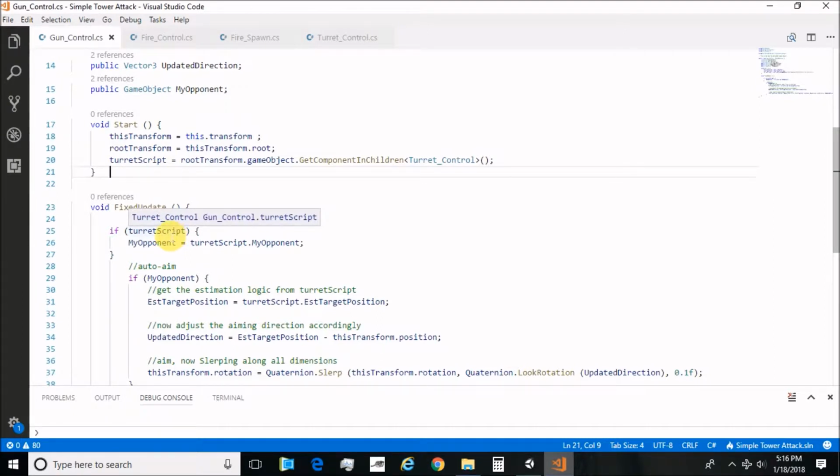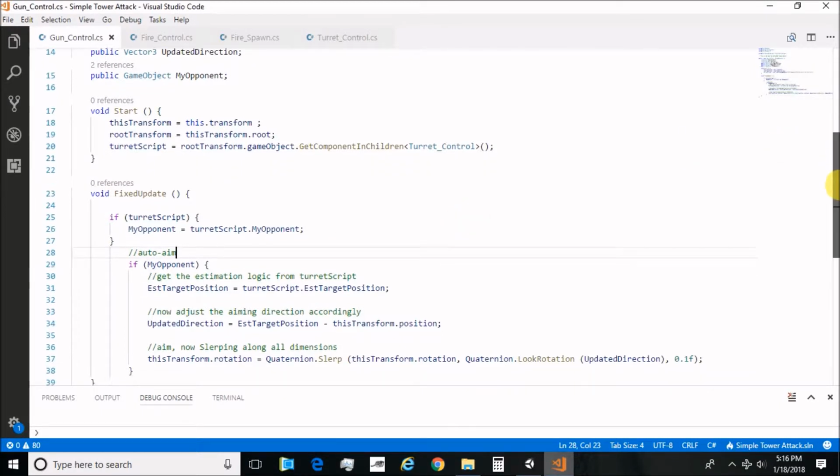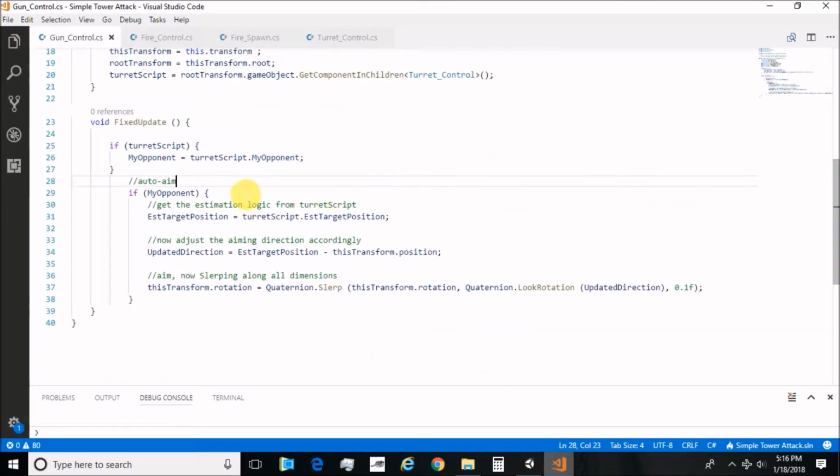And if it's successfully there, then the first thing I do is grab my opponent. I grab the jet from the publicly exposed my opponent. And then my auto aiming is really simple, because I'm using the estimation logic from the turret script. So I'm using its estimated target position, and based on that, then I can go ahead and calculate